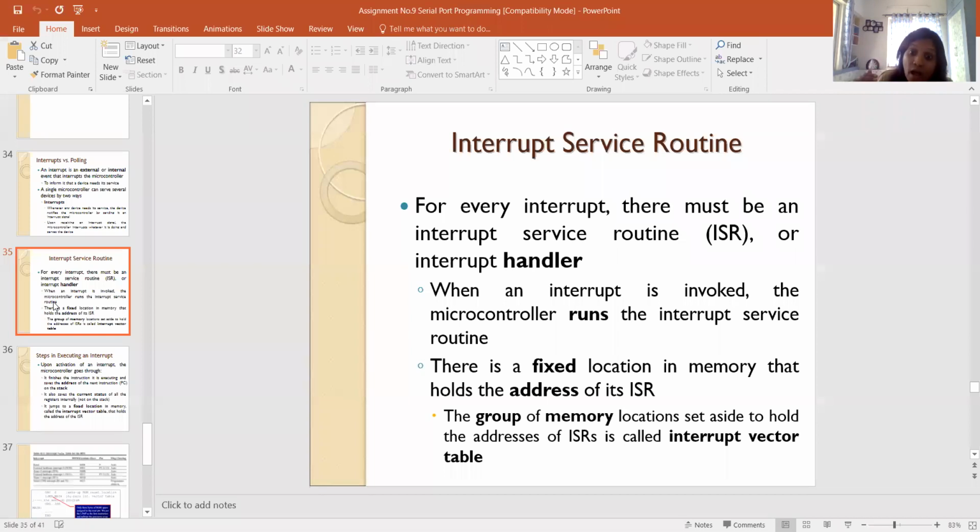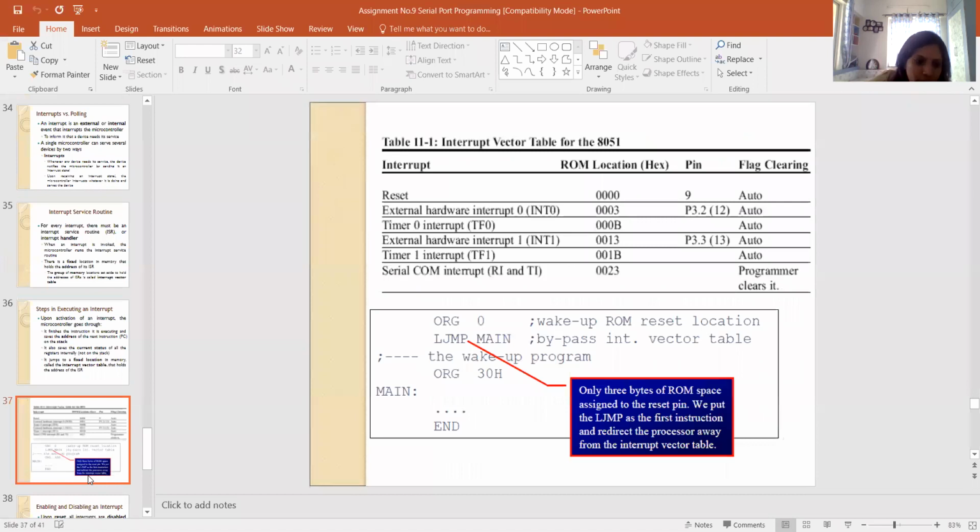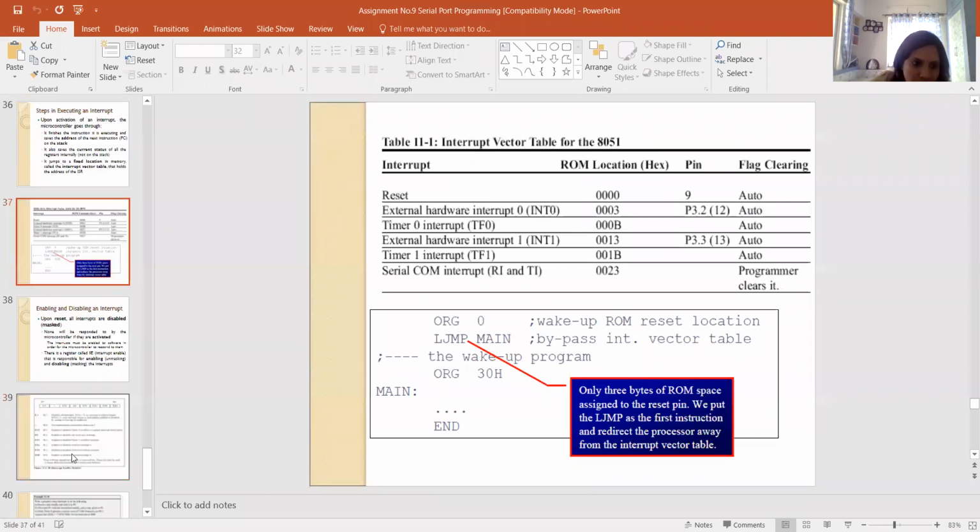Now, in our serial port communication, which interrupt occurs? You have two bits called the TI bit and the RI bit in your SCON register. The TI bit is the transmit interrupt and RI is the receive interrupt. These two bits are there in the serial port.